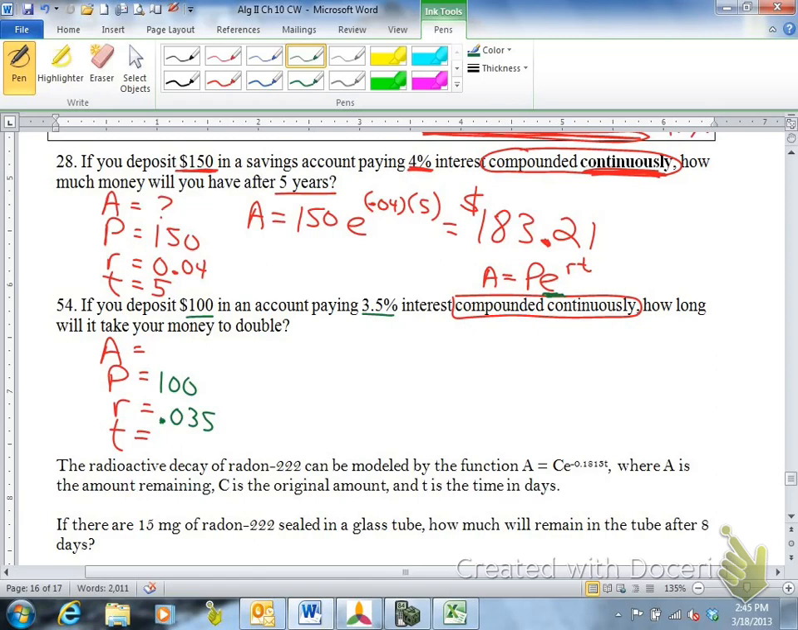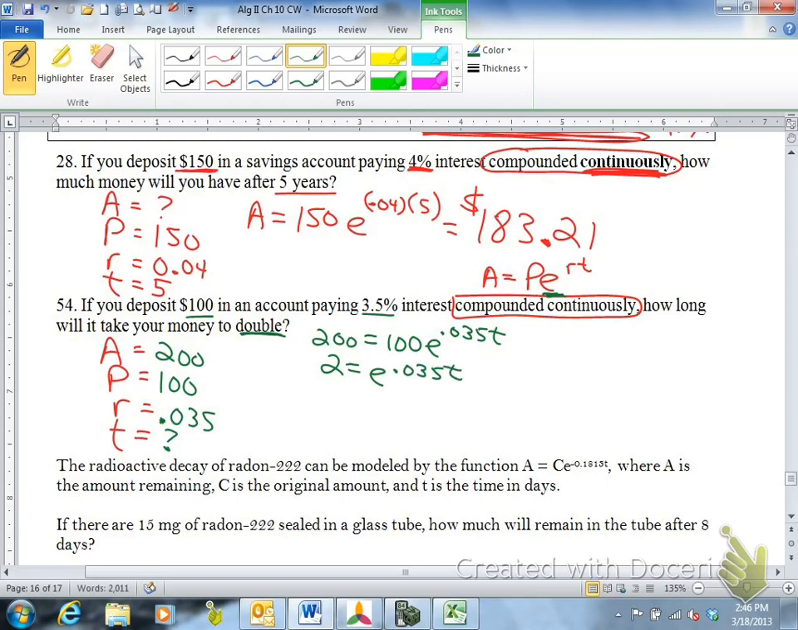And how long will it take? That's a time question. Your money to double. Double means times 2. So if you started with 100, doubling it, you'd have 200. So you'd have 200 equals 100 E to the 0.035T. And you divide both sides by 100, you'd have 2 equals E